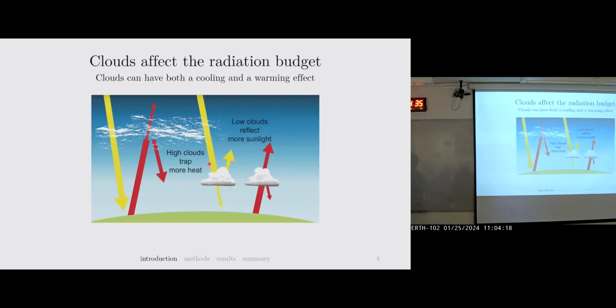So, as we know, clouds are affected by the climate, and clouds also feed back to the climate in what we call the cloud feedback. And we know that the cloud feedback can vary all the way from amplifying the initial warming perturbation to diminishing it, or at least offsetting part of it. And this has to do with the different clouds that we have, the different cloud classes or the different cloud